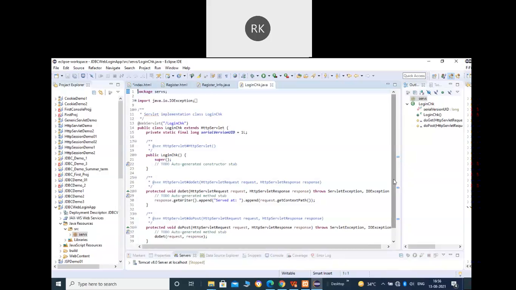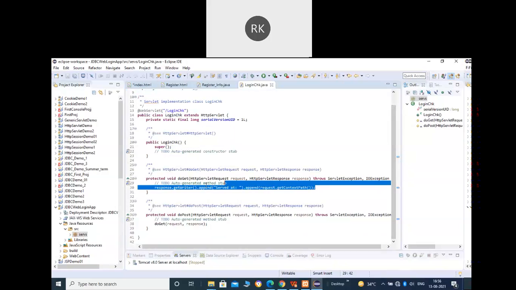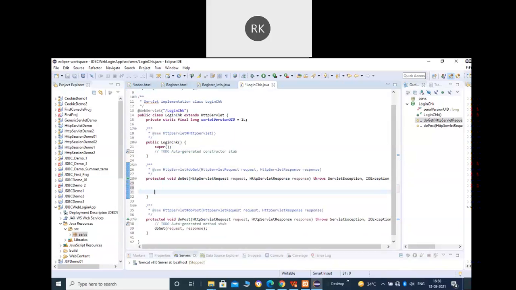Okay. So once the registration is completed, now the user will be able to log in. So let's move toward the login page. Here they will enter their email and the password, and when they click on the login button, they will be redirected to the login check page. Here we'll check the email and the password and verify it from the database. If they match, only then will we send the user to the home page. Otherwise, we can show the user an error message like "either the user ID or password is wrong."